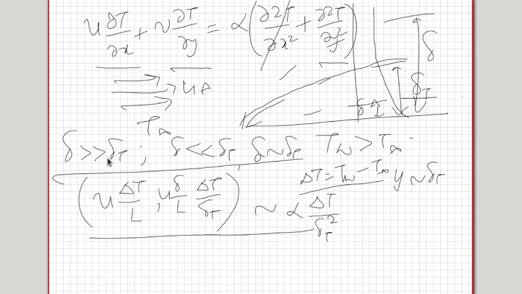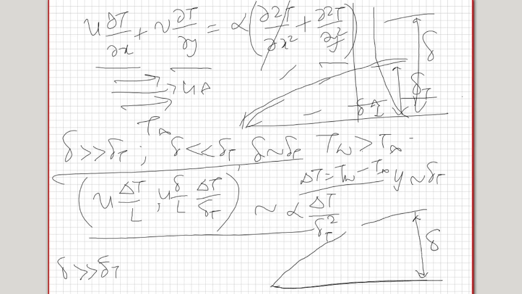Now let us look at these three cases. First case, let's look at delta much greater than delta T. So delta much greater than delta T is the first case here. So this is, let us say, delta T, and delta is much bigger than that. Let me draw it in a more contrasting form such that it is much greater. So suppose this is your delta and your delta T is so tiny, so that delta is much greater than delta T.